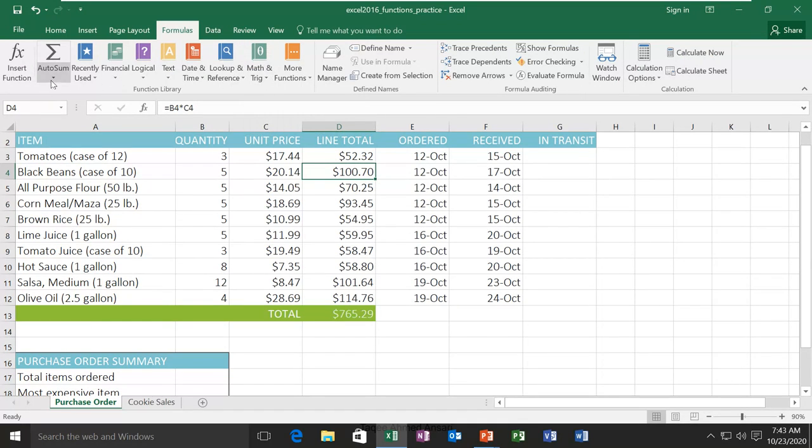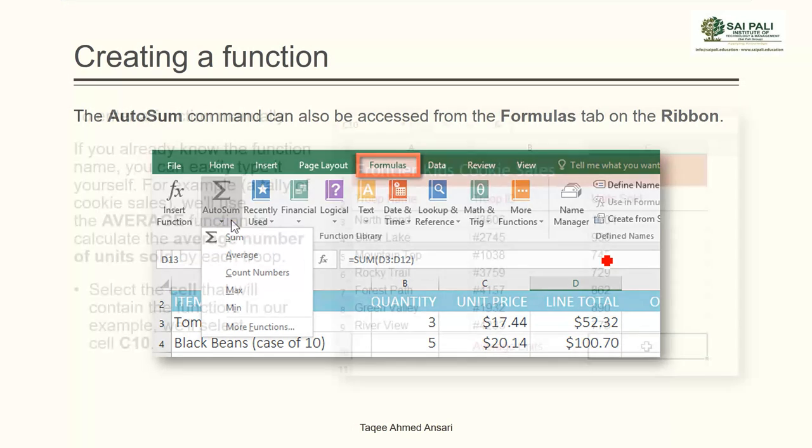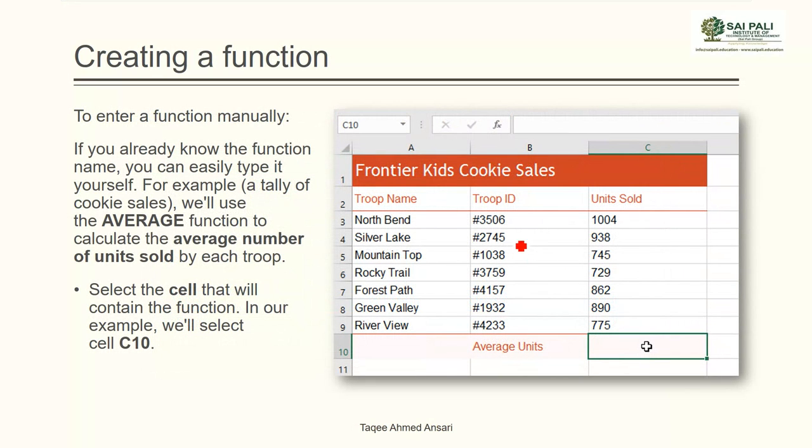And here I have this AutoSum command also. The same command I can get from here, and also I can get it from the Home tab. So if it is not getting the proper range automatically, then you have to type the function manually.